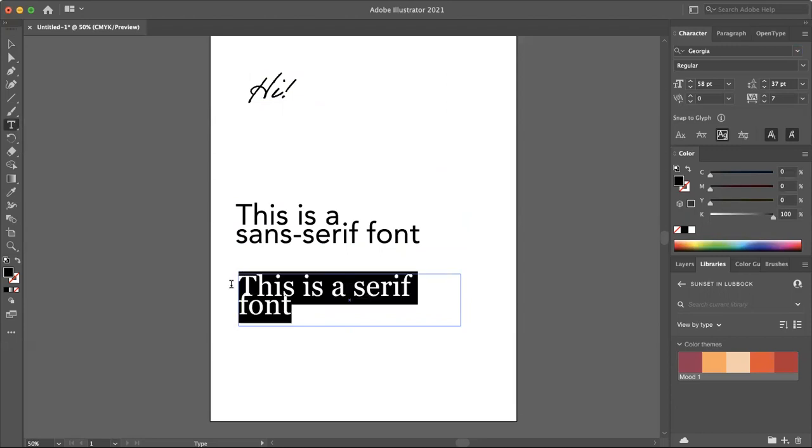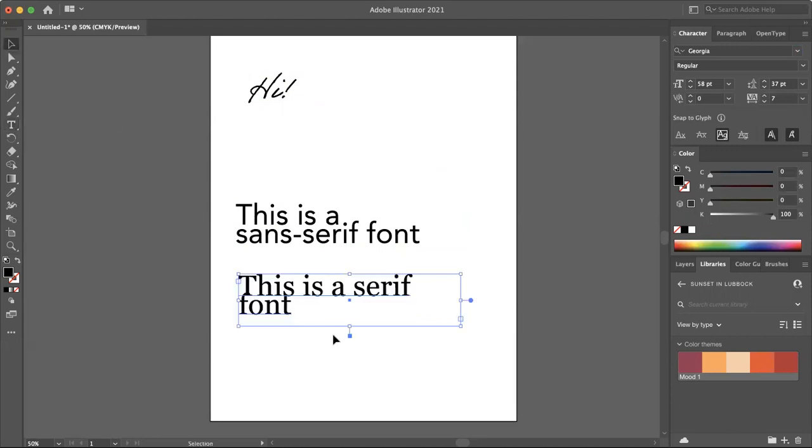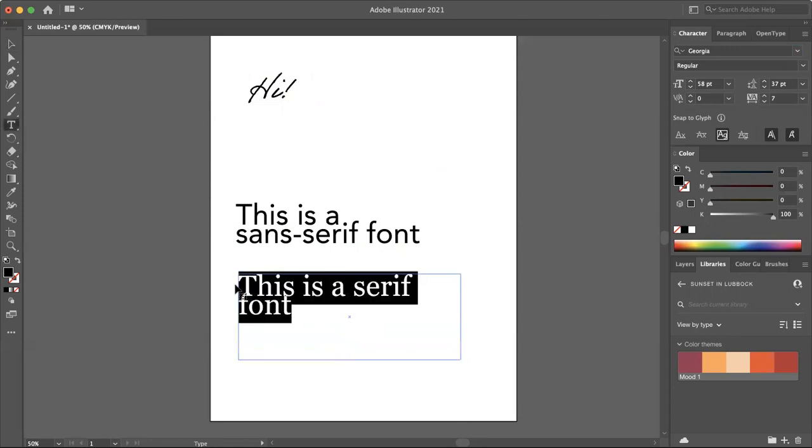So this one down here, I don't like how it's getting a little bit bunched up. So I'm actually going to spread out the spacing of the two lines. I went ahead and made my text box a little bigger to accommodate this. I highlighted the text. Then I'm going to come over here to the character window, and I'm actually going to change the leading. So that's the space between different lines.